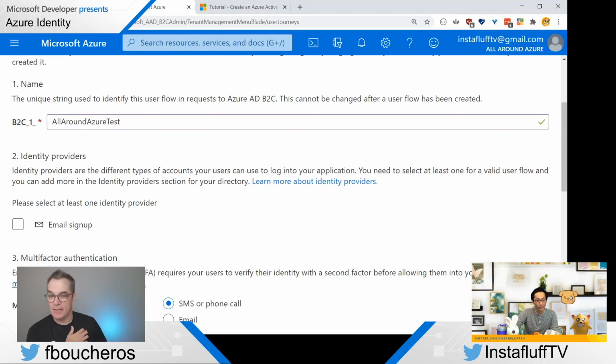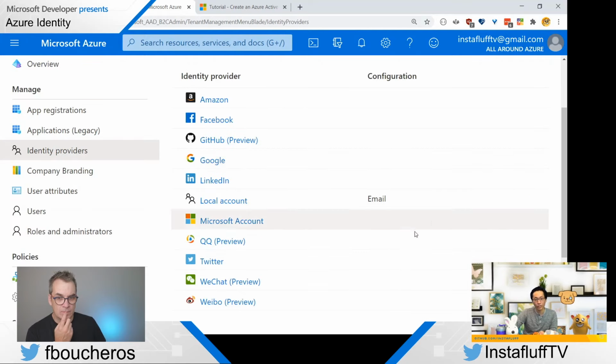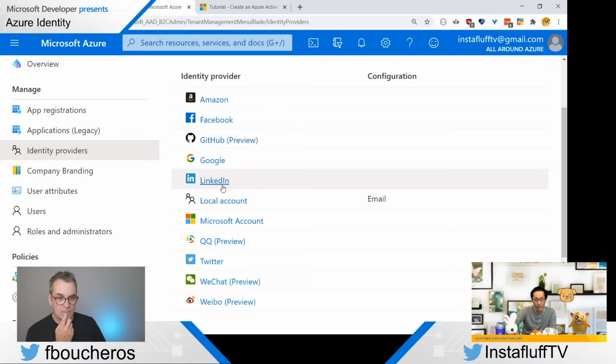Here we go. Oh, we can select at least one identity provider. So I didn't create or add any other identity providers. Maybe I should go back and show you first, because here's what you can do. You have identity providers in this options, right? There's a whole bunch of lists. If you want to add GitHub as a login, you can use LinkedIn, for instance, or Twitter, and you can also do custom ones.